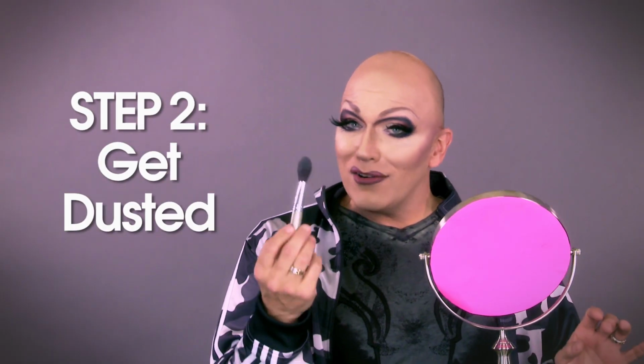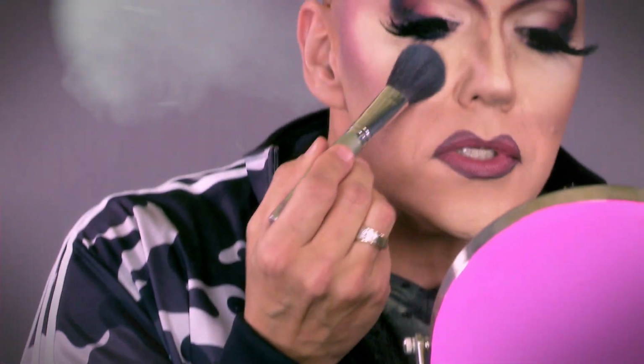already protruding. Step 2 is actually taking your very inexpensive brush that you purchase at drugstores, or you steal it from another drag queen. This particular brush I stole from Kennedy Davenport. She has a lot of brushes, and she just doesn't need this one. That's what we do. We steal from each other because we're evil queens that way. So what we're gonna do is you're gonna take your highlight powder that you have in your Tupperware containers that Sacha Bell is now selling. And what you do is you go ahead and you take that stored white powder and you just so delicately,